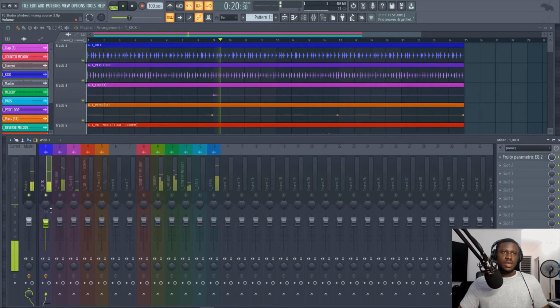Then I'm going to leave my kick in the center. It's not ideal to pan your kick left or right, or any bass elements. Do not pan your bass elements left or right. So next you have my